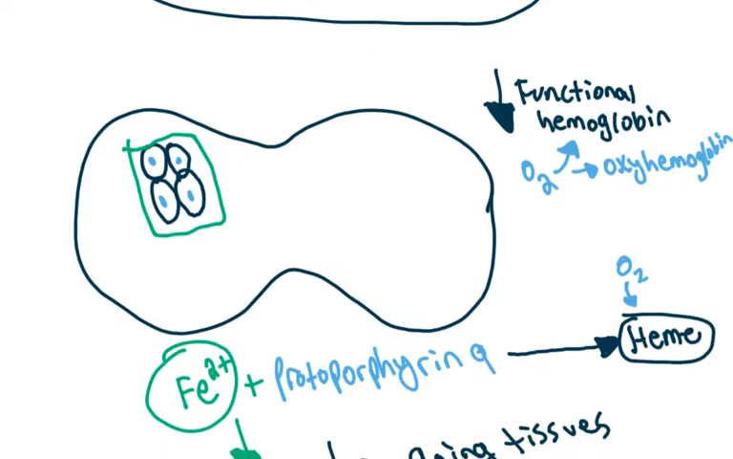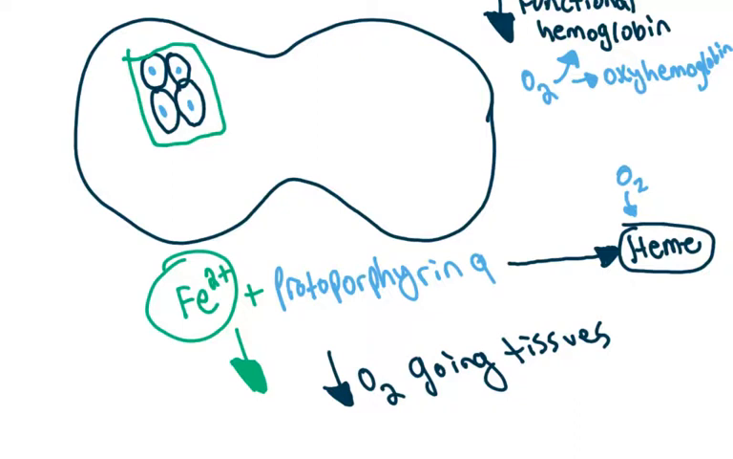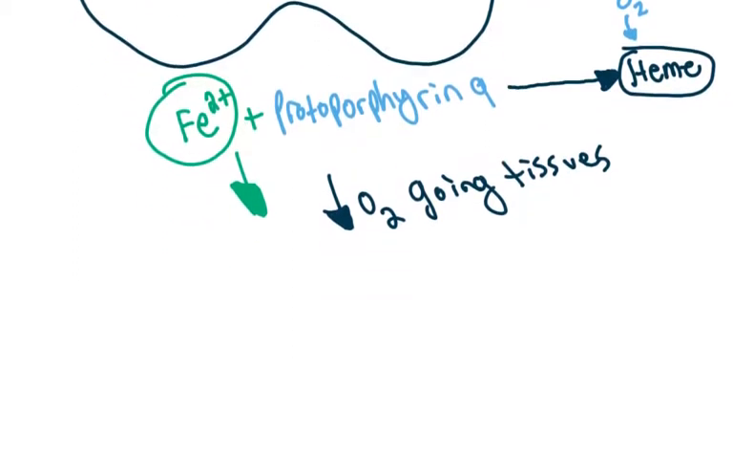All right, and one thing I want to mention is that when we react iron with protoporphyrin 9, we don't just make heme by its own, we need a catalyst to drive this reaction. So let's go and mention that catalyst. That catalyst is going to be called